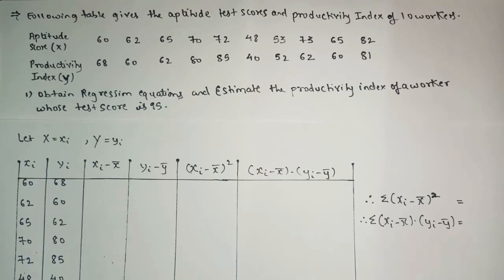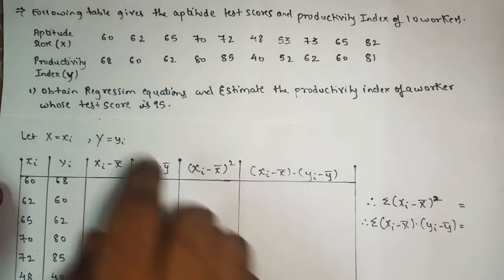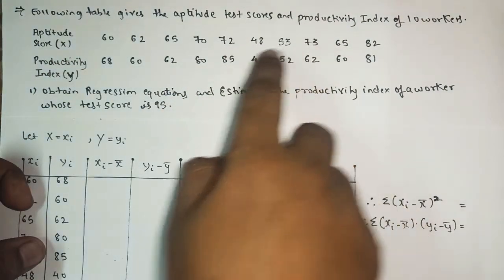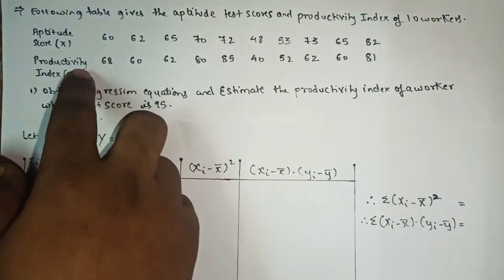In the previous lecture we saw how to find a regression equation. Actually the sum was based on the smaller value. Now today in this lecture we'll see the sum based on the larger value. As I told, consider numbers more than 30 as a larger value and less than 30 as a smaller value. Here clearly we can see that the values in the first row and the second row are more than 30 only.